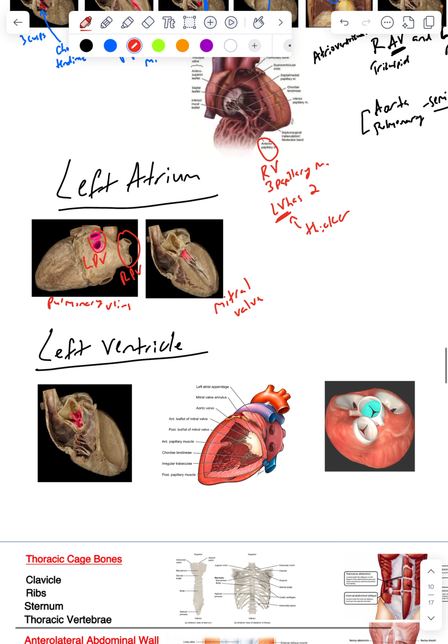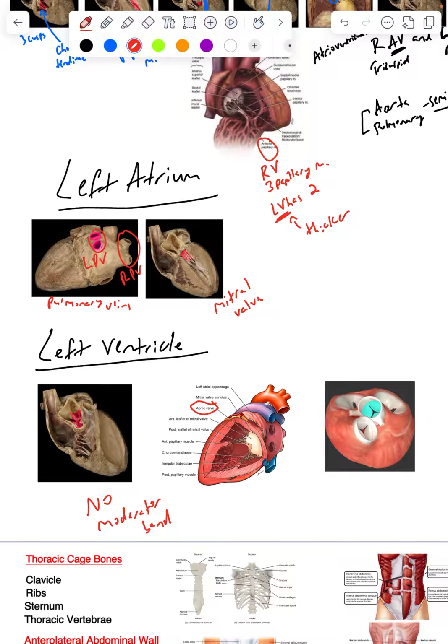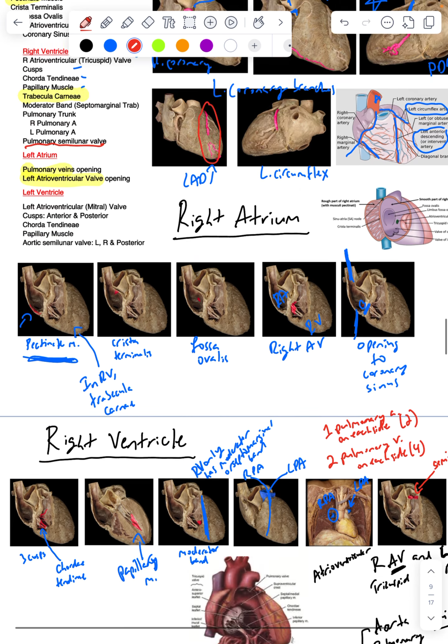Now, the left ventricle is going to be very similar to everything we already saw. So you have papillary muscles, you have chordae tendineae, you have the cusps or leaflets of your mitral valve. Only difference, like we said, is no moderator band here. And then this goes to your aorta instead of going to your pulmonary trunk like the other one did. So this right here is your aortic valve opening. She also has here